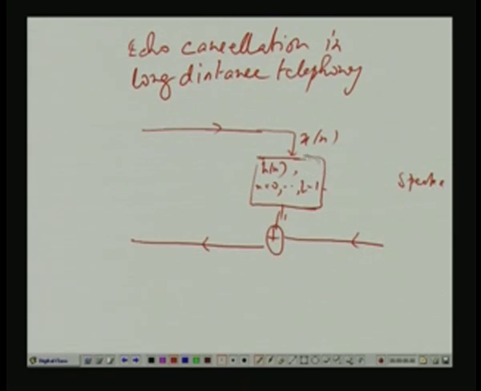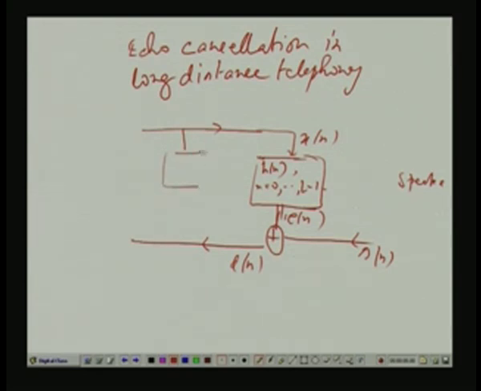This is the model actually. The echo is generated, say E n, and this is this person's speech, say S n. So, S n plus E n, if you call it D n, it is D n which goes to the left hand side. So, not only S n, but also E n, that is the echo, comes back to the original speaker. To avoid this E n, if I can,